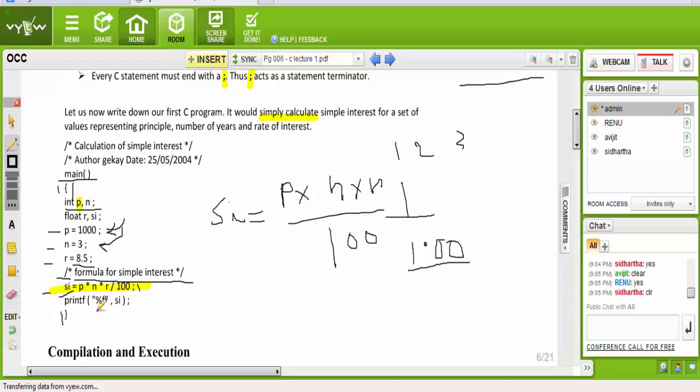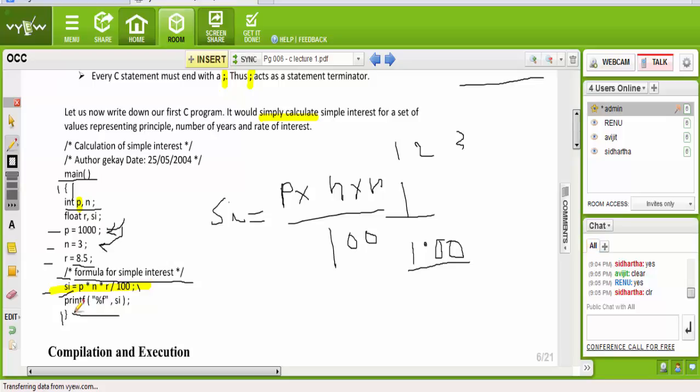Okay. Now see, the first instruction we got, printf. Till now we were declaring the variable names, the values of variables, the formulas, but this printf is a keyword and it has a certain meaning to the compiler.